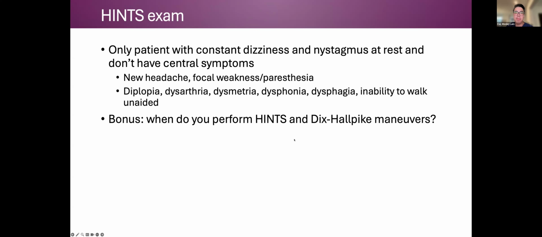When would you perform it on the same patient, I should say? No, ideally, if you've taken your good history, you shouldn't be performing a Dix-Hallpike and a HINTS exam on the same patient. So in a patient that has nystagmus at rest, they have constant dizziness,